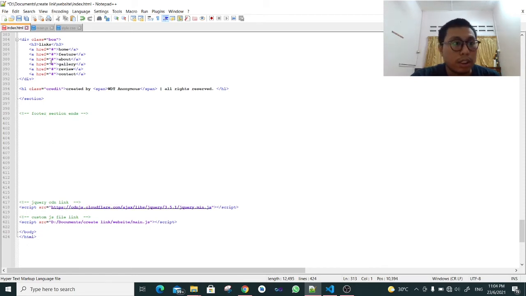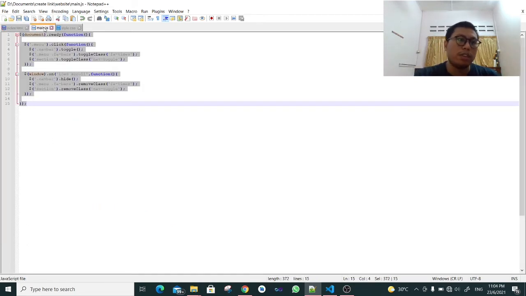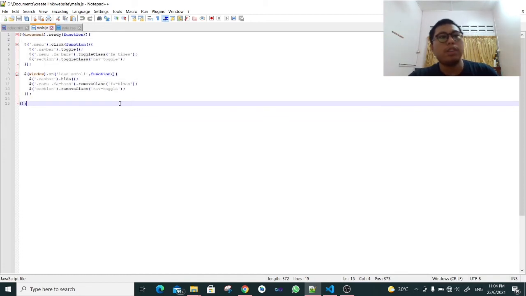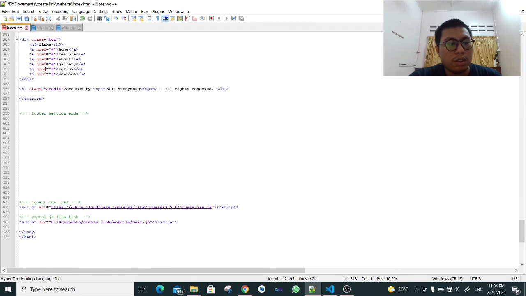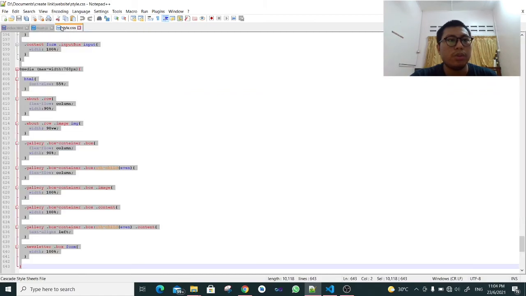So we go to the main JavaScript. The main JavaScript: document ready function. Menu click function, navbar toggle, menu bars toggle class, section toggle class, nav-toggle. So the window load, scroll function, navbar height, menu bars remove class, and the section remove class. So this is for the main JavaScript, which we go to this,